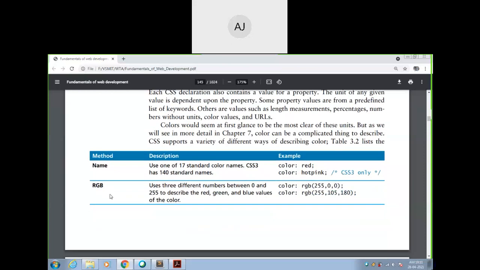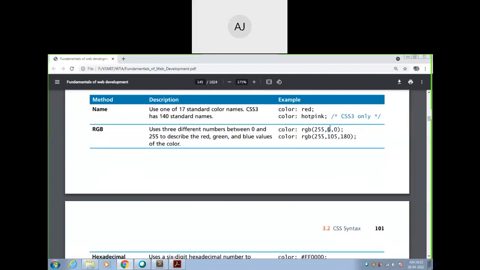Then you can give RGB format. You know this, these are the three color names. So RGB 255, 0, 0. You can specify in this particular function. R is 255, from 0 to 255, then green will be 105 and blue will be 180. These are the values. If you combine all these colors in these values, whatever the resulting color is will be returned from this RGB function.